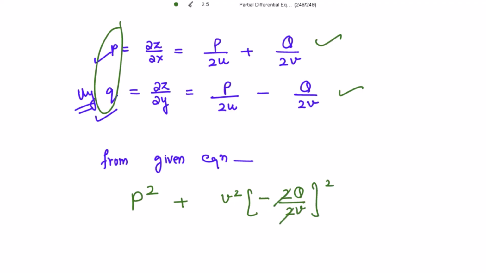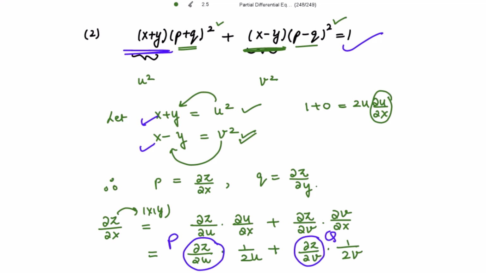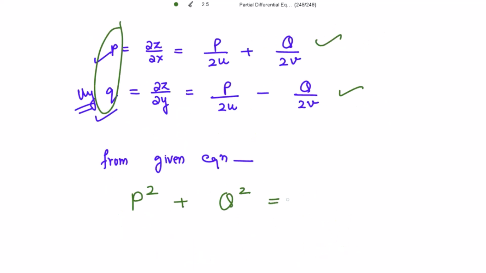So 2 cancelled out, v square is also cancelled out with this. We have plus Q square equals to 1. Right? Again, from here, now taking capital P always equal to the constant a,